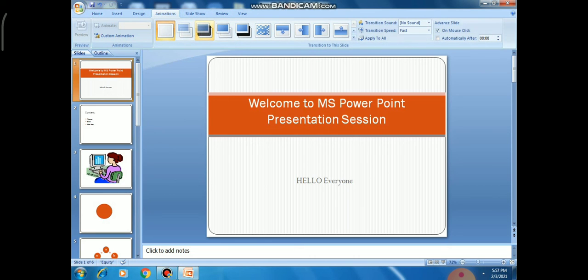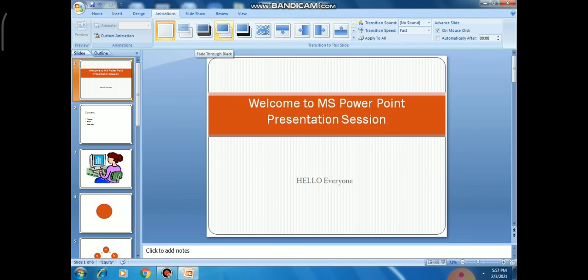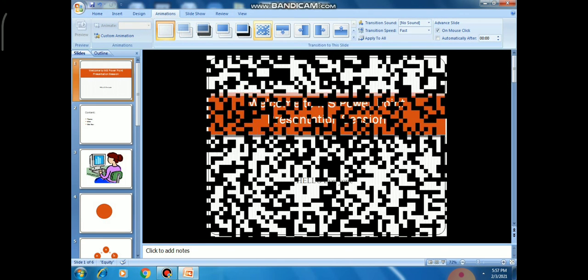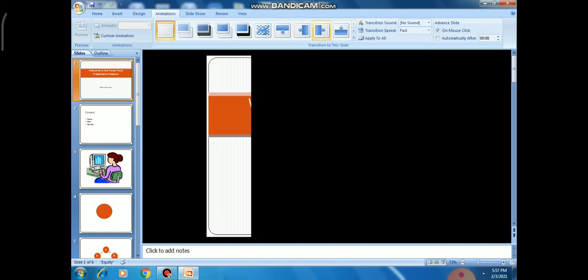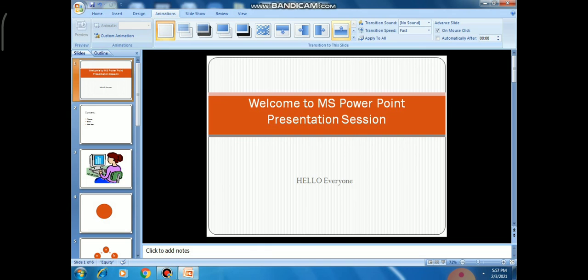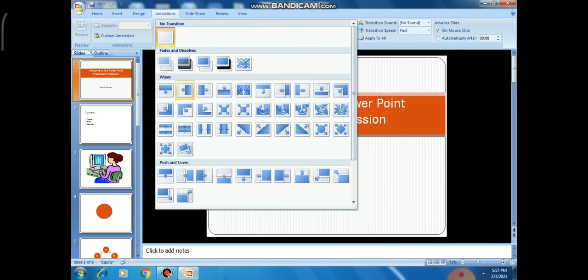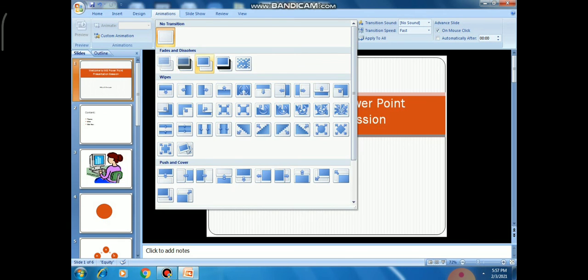Now I want to apply transition in my slides. So dear students, to apply transition you have to click on animation and then you can see multiple transition options available. As per your requirement you can select a transition method. Whenever I click on any one option, it shows its way to represent the slide.